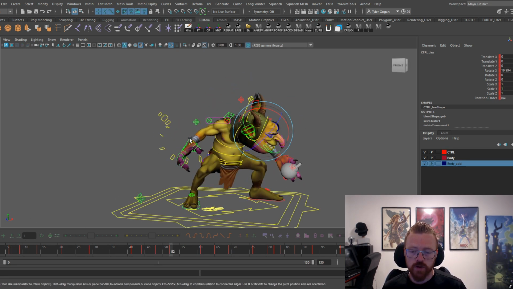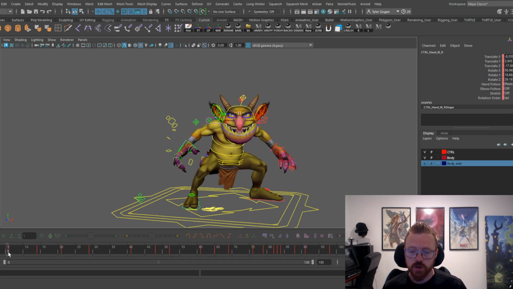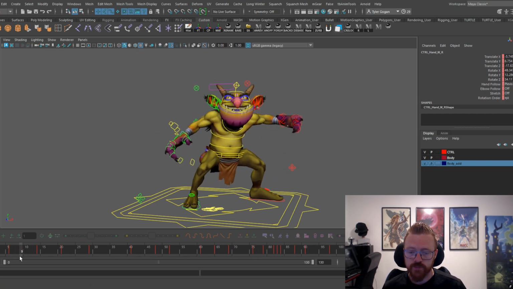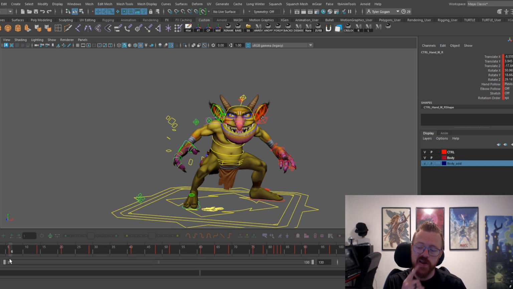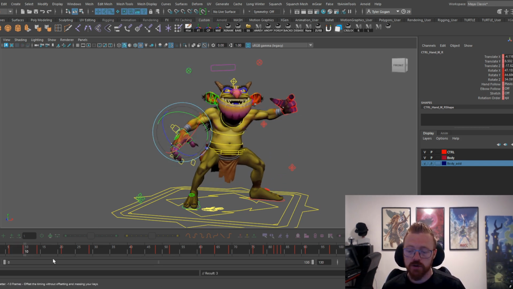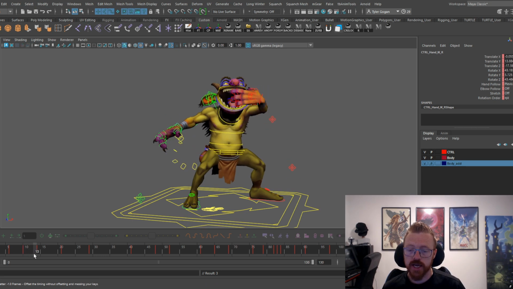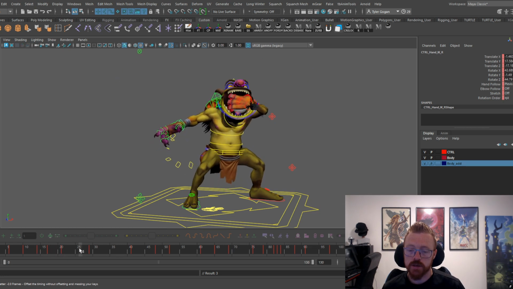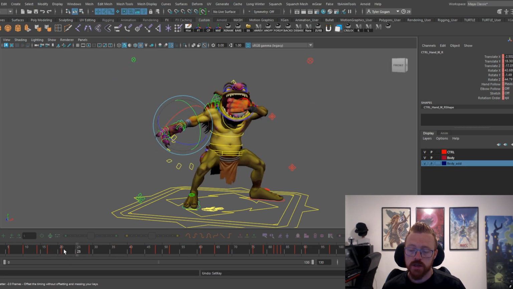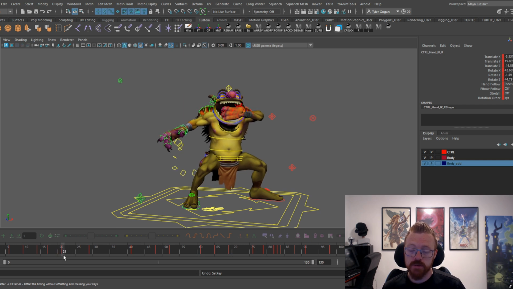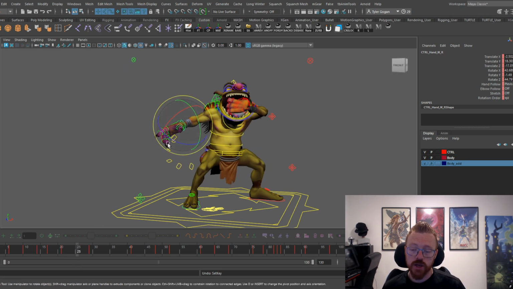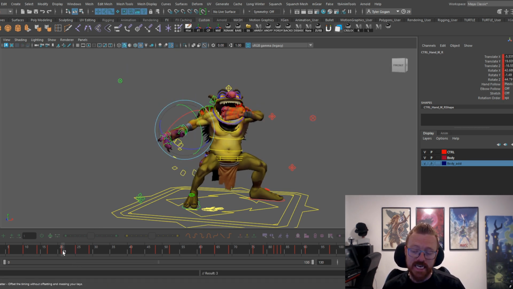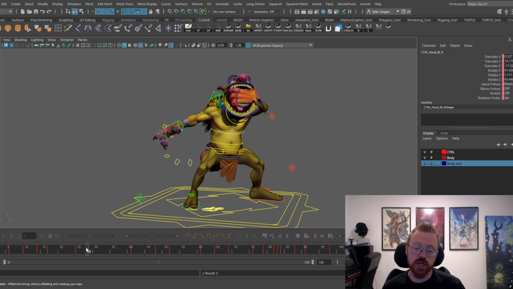I want to build in some overlap on these hands. So as he's coming up, this 6-frame buffer at the beginning is nothing. But as he comes up, his hand's going to rotate downward. Okay, like that. As he's coming down, it's going to rotate back. This frame right here doesn't matter because we want to create this downward overlap right here. So we can go and create that downward overlap and then delete this one because